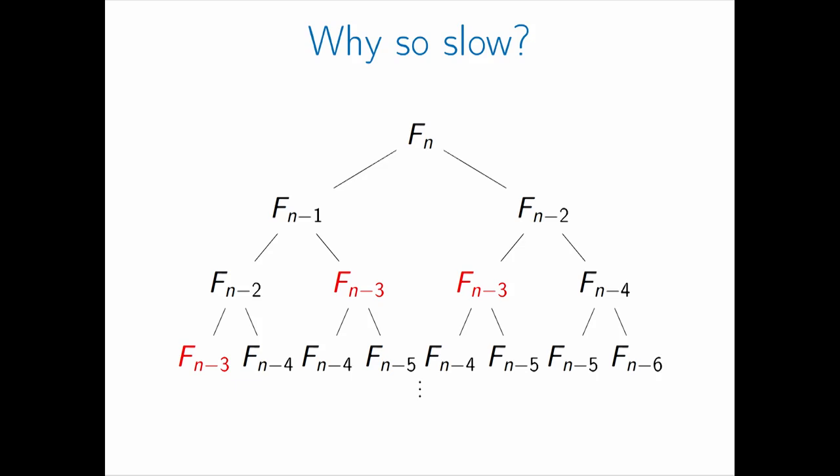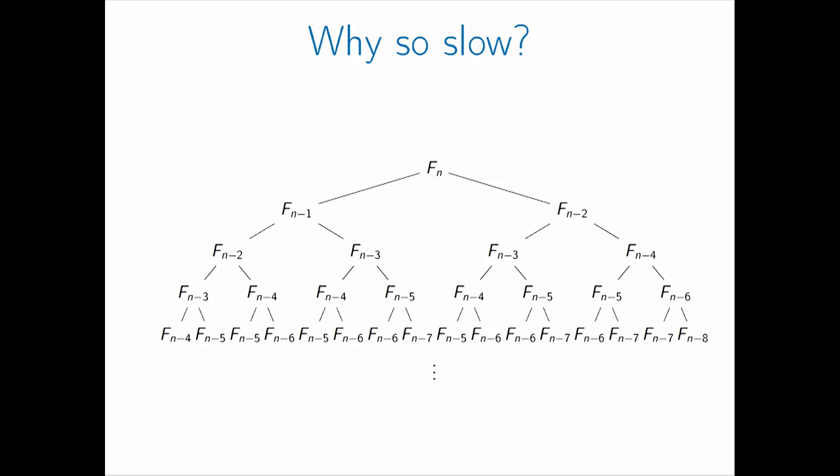And to make it even more extreme, let's blow up the tree a little bit more. F(n-4) actually gets computed 5 separate times by the algorithm. And as you keep going down, more and more times, you're just computing the same thing over and over again. And this is really the problem with this particular algorithm, but it's not clear immediately that we can do better. So come back next lecture and we'll talk about how to get around this difficulty and actually get a fairly efficient algorithm.